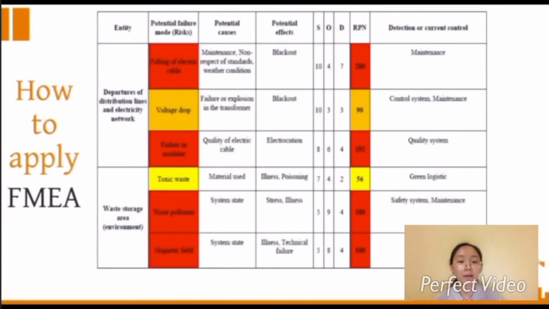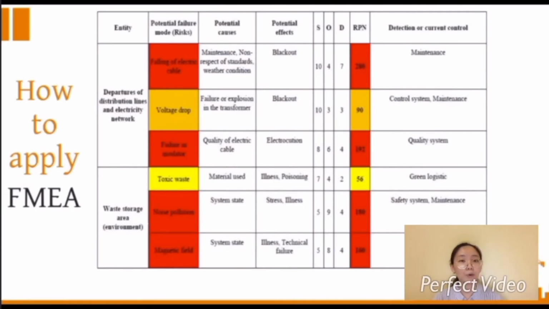Or if you want to get a more credible and accurate value, you could do a field observation and ask each employee, each worker at each area. So you could go down to the vehicle park and ask the worker who really works there, and so you could value the S, O, and D. And then the same thing for the storage area.